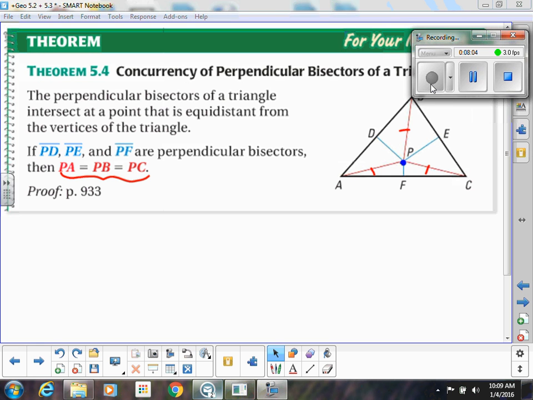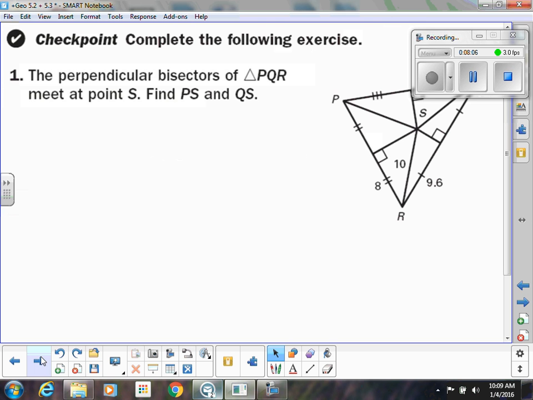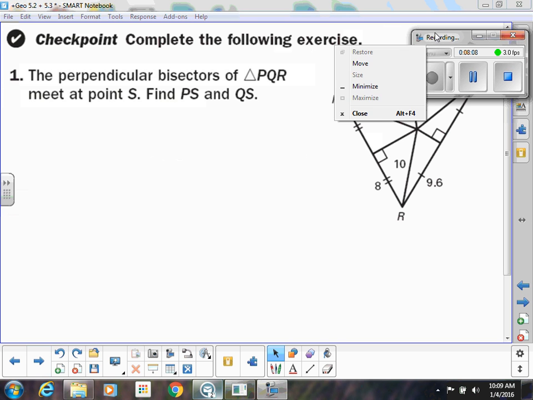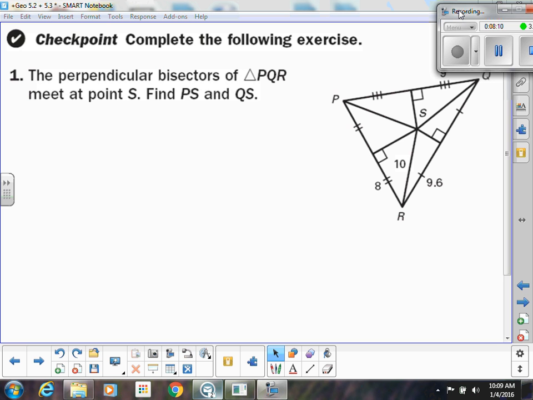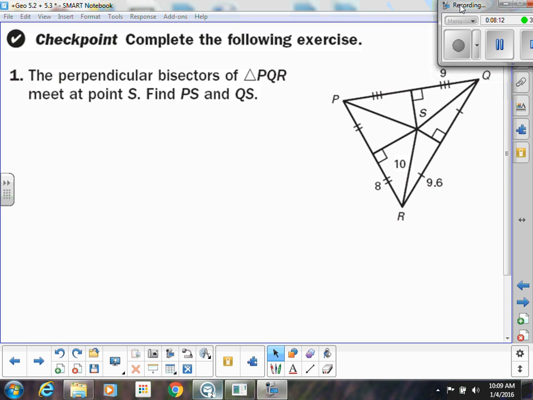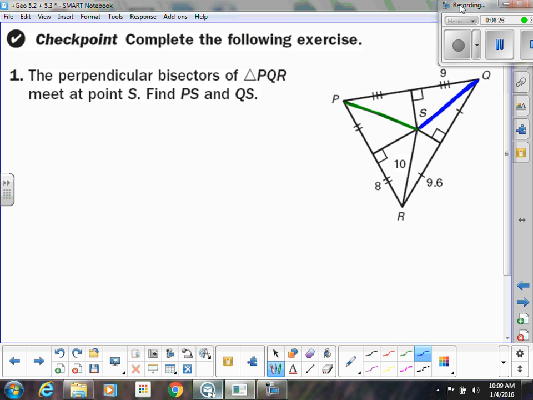All right, so moving on. Let's see if we can use this in a diagram. So if I have this diagram, and I want to find PS and QS. So PS is right here in green, and QS is this in blue. What I want you to notice is that S, it says the perpendicular bisectors of this triangle meet